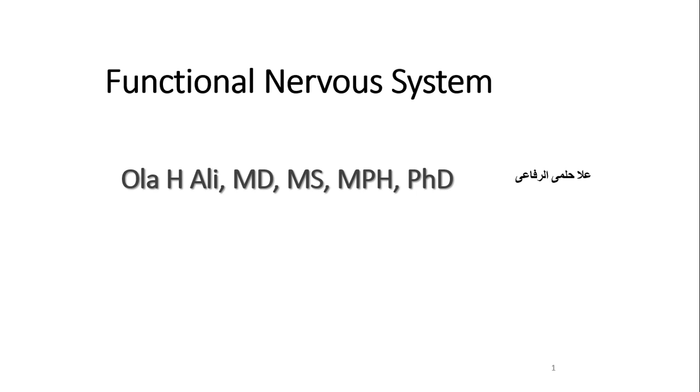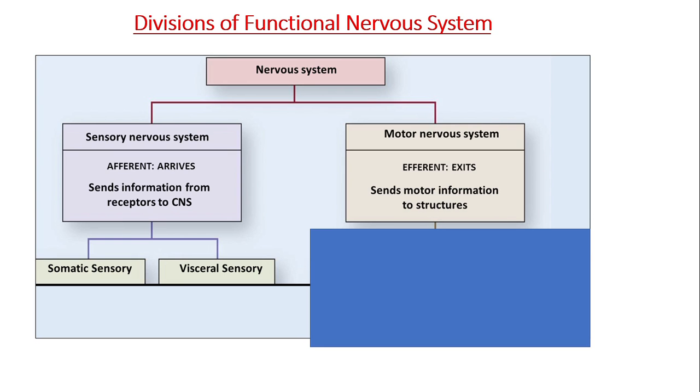In this video, I'll cover the functional nervous system. Let's first have a general idea about the two primary divisions of the nervous system, the sensory and the motor. The sensory nervous system is also called afferent, and here the signal arrives to the central nervous system to be